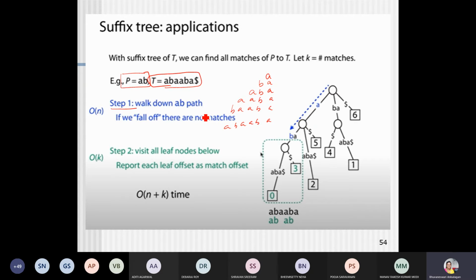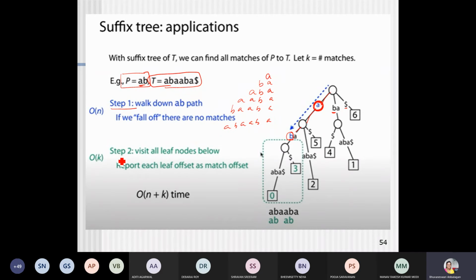From the suffixes, your search algorithm will walk down the path for AB. So it is finding A here. Initially, A here is the only place where the first match is A. Other than this, B is going to be the end of the string. So it is coming over here, and then it is finding B over here. So after A, B is obtained here. So what the suffix tree will do is walk down the path until it finds the exact match, and the number of occurrences of this particular match is obtained.